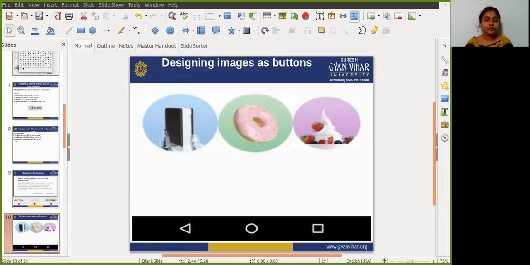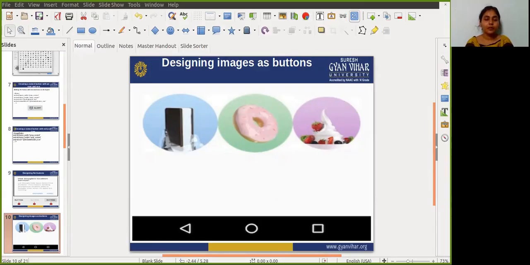Okay. For more information about drawable resources, you can check the drawable resource in the app resource section of the Android developer guide. So if you are using multiple images as buttons, arrange them in a view group so that they are grouped together.